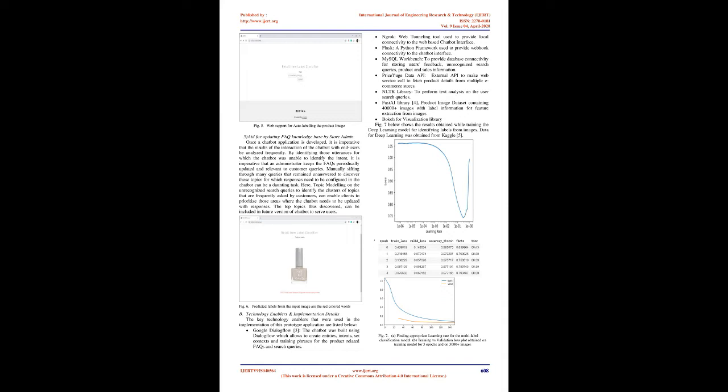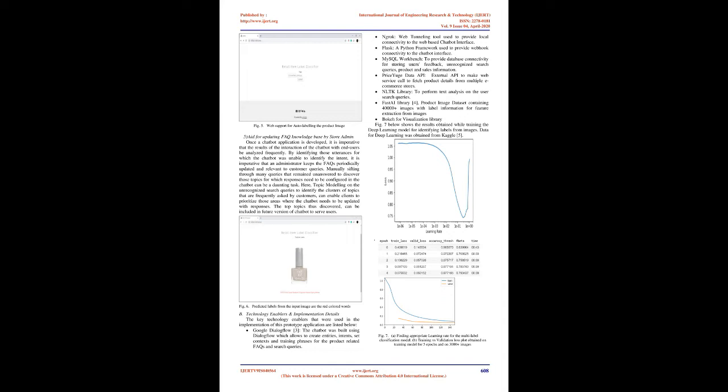MySQL Workbench, to provide database connectivity for storing users' feedback, unrecognized search queries, product and sales information. PriceUgeData API, an external API to make web service calls to fetch product details from multiple e-commerce stores. NLTK Library, to perform text analysis on the user search queries.